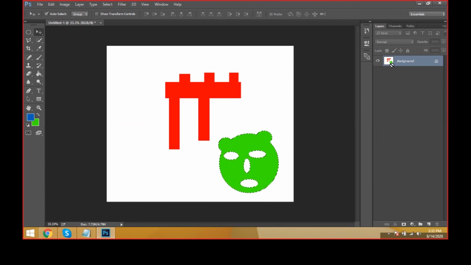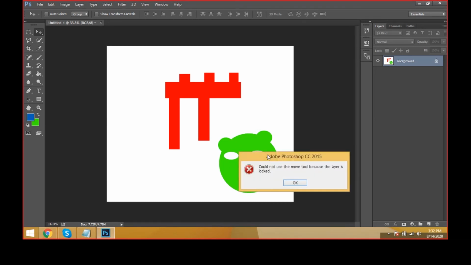See here in the layer palette what is happening: what I am filling is being applied into the layers. Okay, I would like to deselect the selection. How? Control plus D to deselect the selection. Then it's fine. Now I would like to move this object from one place to another place. I'm just taking the move tool. I'm just moving.